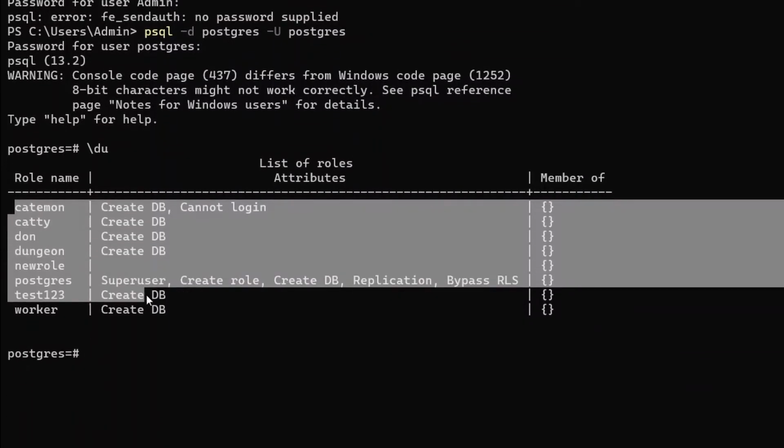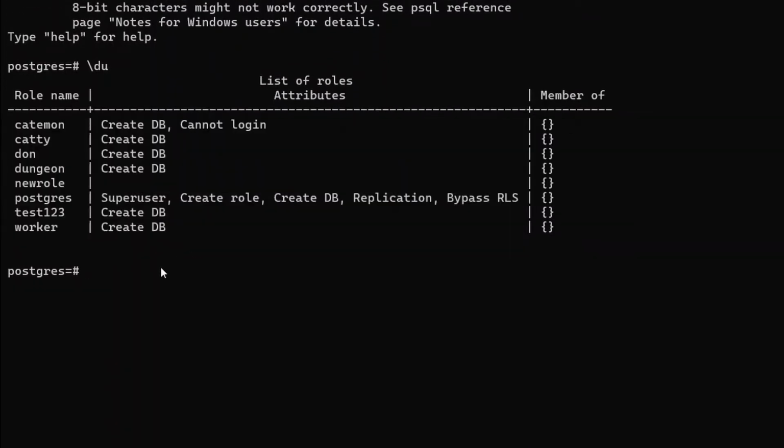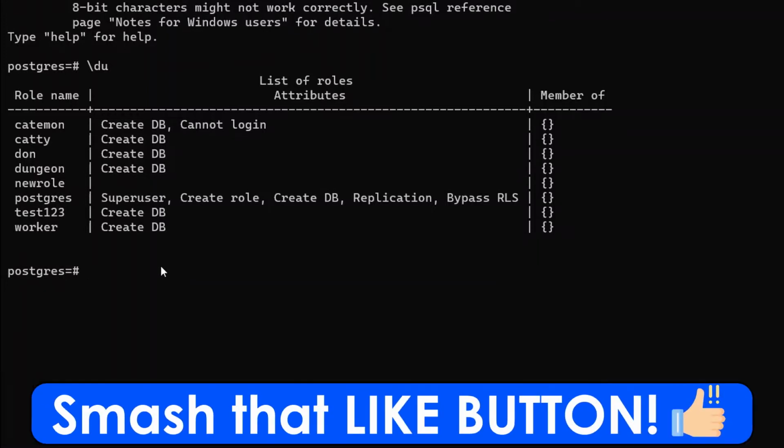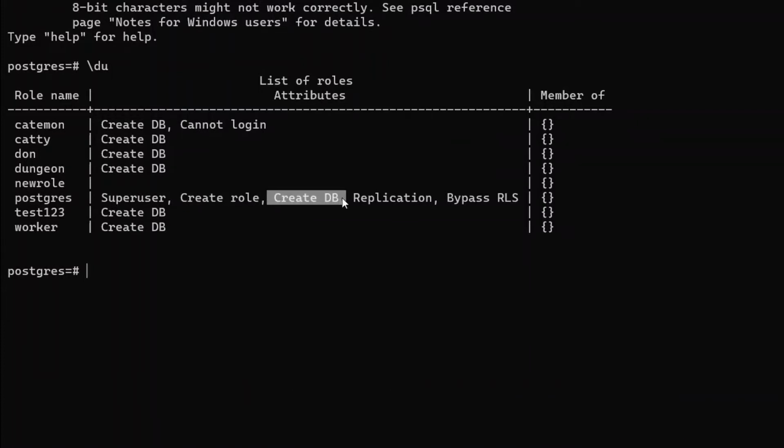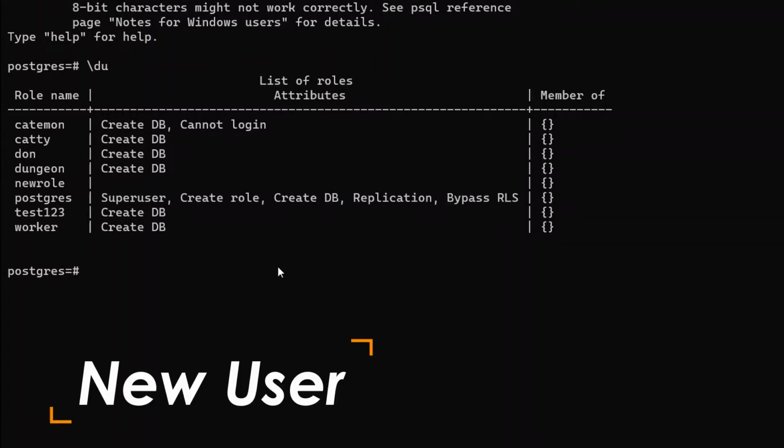So by now I have various users here which are unnecessary ones. I was just practicing here. So what we can really do is create a new user for simply logging in and signing in under our PostgreSQL database. And by now you can see that the following postgres user is a superuser. The postgres user can create a new role, create a new database, and also replicate databases and bypass all the relations. So by now what we can really do is create a new user under our entire database.